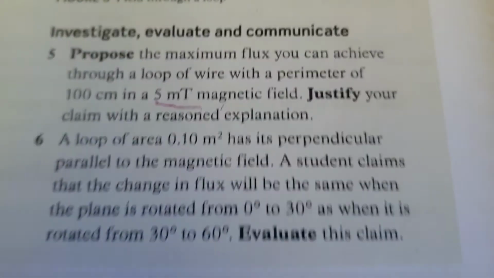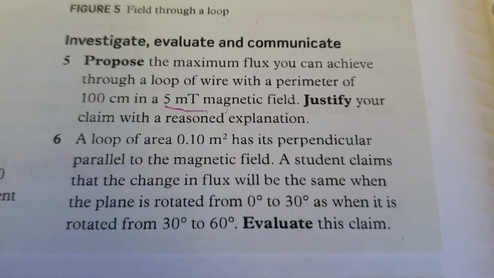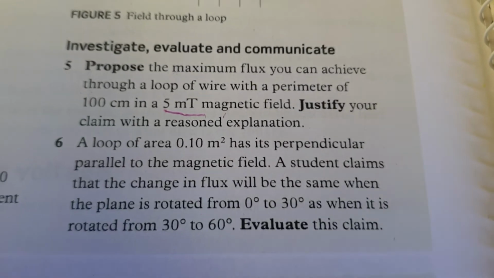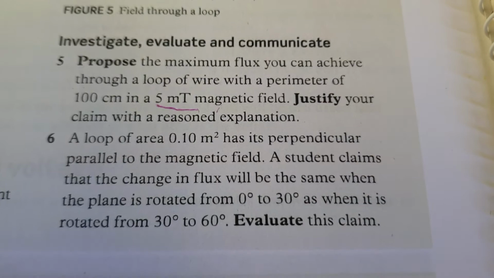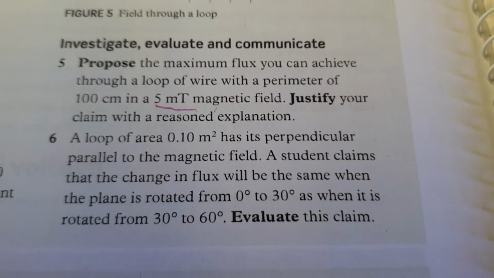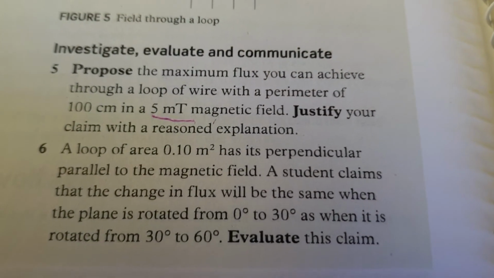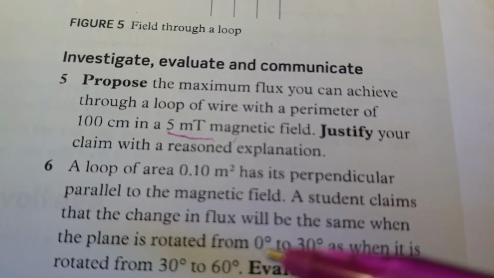Okay, question 6. A loop of area 0.1 meter squared has a perpendicular parallel to the magnetic field. A student claims that the change in flux will be the same when the plane is rotated from 0 to 30 degrees as it was when it's rotated from 30 to 60 degrees. So it's going to be fairly straightforward. We're just going to need to calculate the flux at 0,